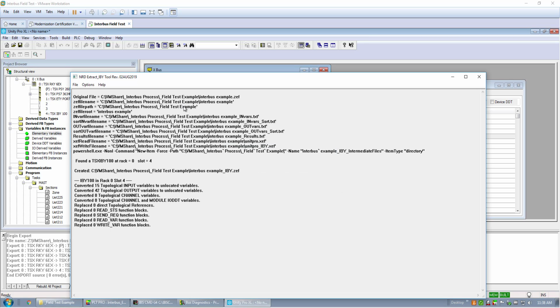And we can see from the summary screen that it goes through and looks, and it found 15 topological input variables, 42 topological output variables. It didn't find any instances of topological channel variables. Sometimes customers will use the PLC stat function. You can use a PLC stat function to look at the module, in other words, a module diagnostic health. And then you can have a second instance in a PLC stat to look at the channel health of the Interbus devices. This application doesn't happen to be using them, but if it were, these utilities will also adapt that